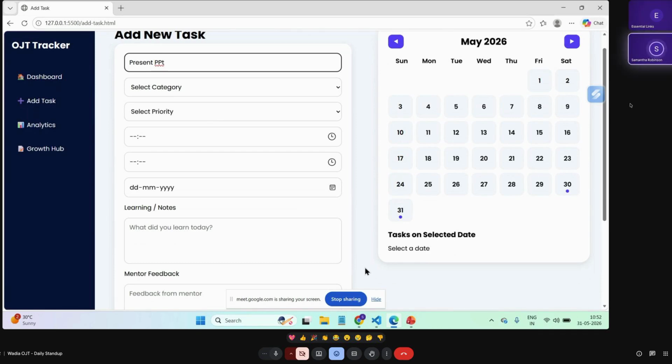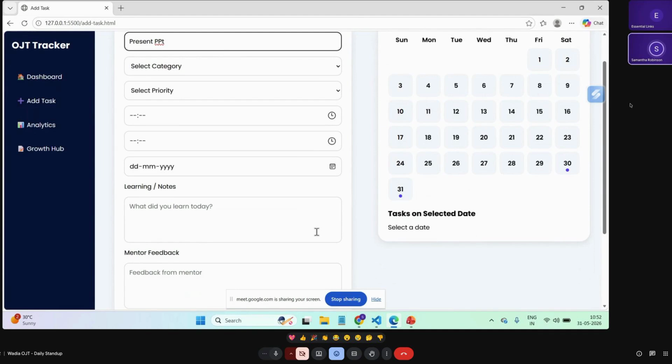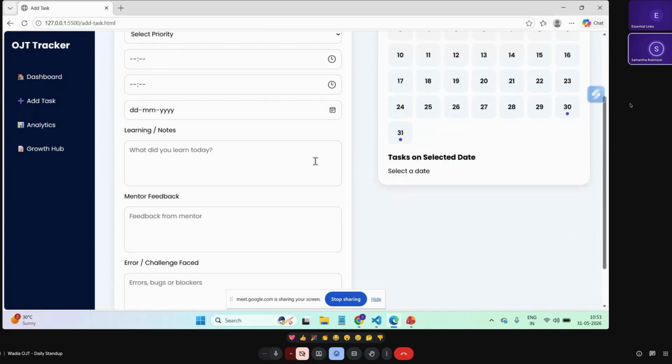No, sir. It is just working on local storage. And I have mainly this time focused on improving the user experience, the visual and everything. I will soon add the database part also. I said for the first project and for the basics, I will try to focus on the front end.